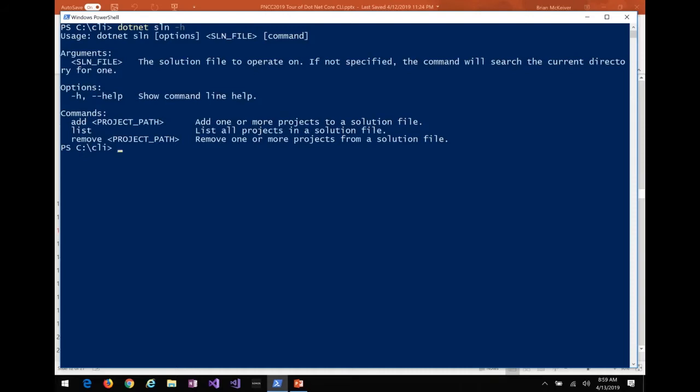I know, it's like the only one that's special. It's all by itself, SLN. And it's completely kind of contradictory to some other things. There are 3 commands that come with solution. We can add, list, or remove. Pretty common stuff. So what I'm going to do is actually